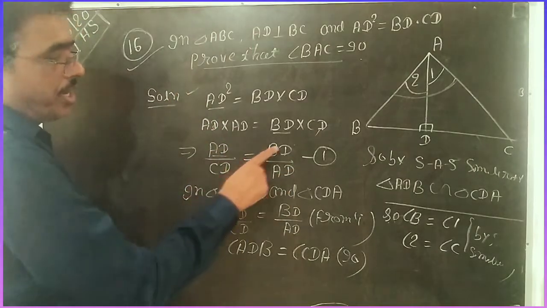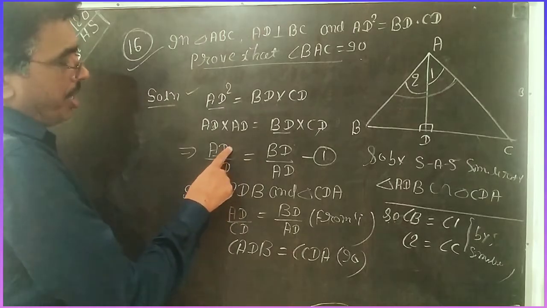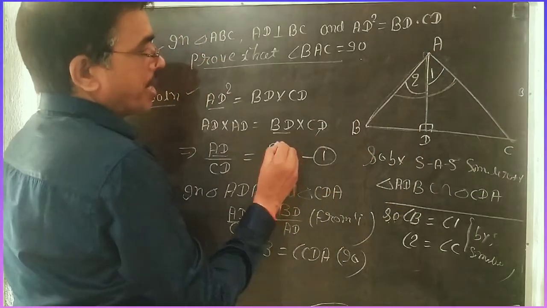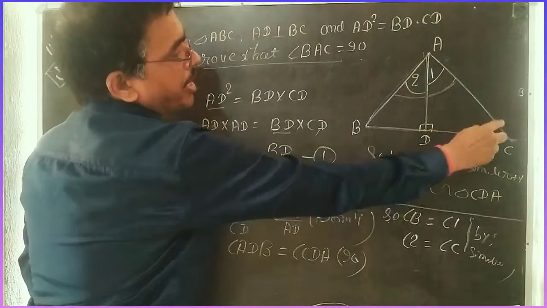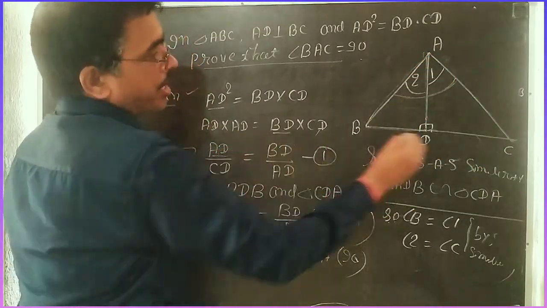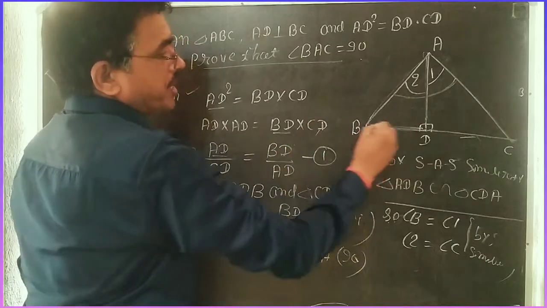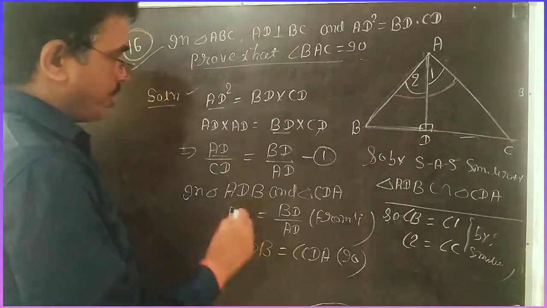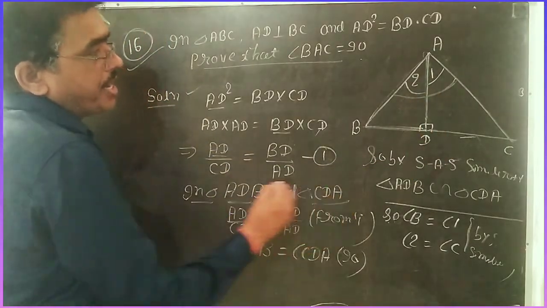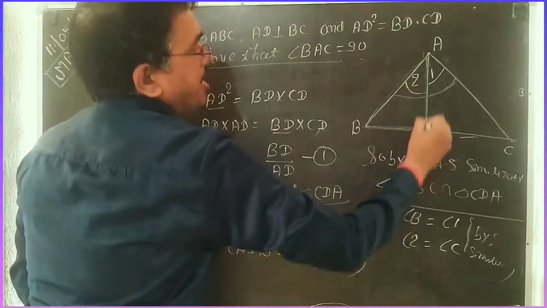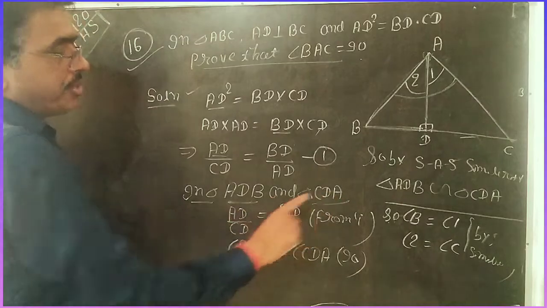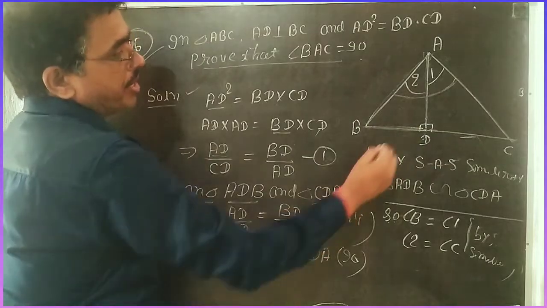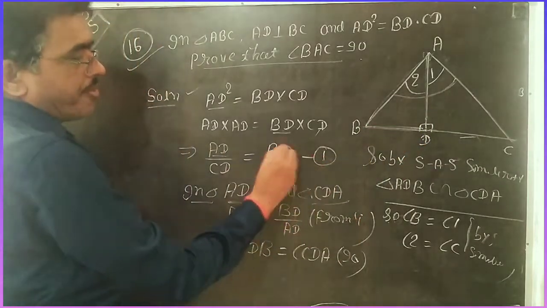These two sides are in ratio and are in different triangles. AD by CD means AD in the first triangle and CD in the second triangle. Similarly, BD in the first triangle and AD in the second triangle. AD appears two times because this AD is present in both triangles. So now write the relation between triangles ABD and CDA. Find the relation of similarity. So AD by CD is equal to BD by AD, from the first equation, which is given in your question.